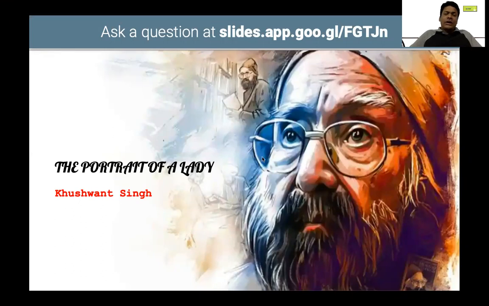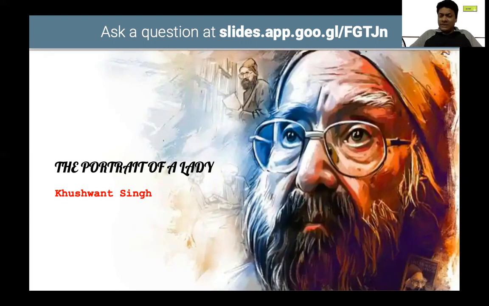So if I'm talking about The Portrait of a Lady, this particular excerpt is indicating two generations. The two generations mean the writer Khushwant Singh's generation, and the other is the writer's grandmother's generation. Here, the writer Khushwant Singh discusses his grandmother,